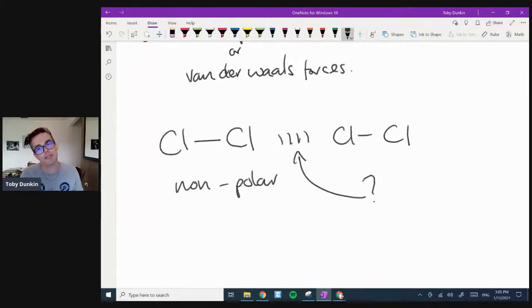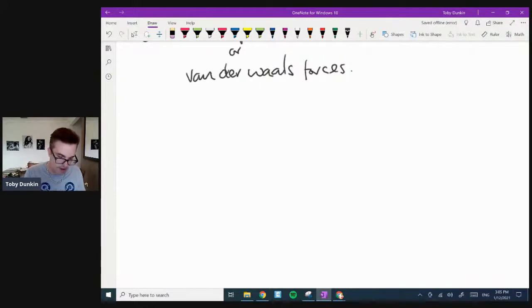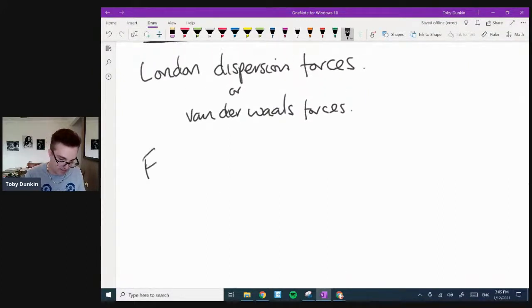Now, students at this point often ask me, how do you know there's a force between them? The reason is you can make them a liquid. If you can make something a liquid, there must be a force between the molecules that's holding them together. So we need to explain this and where this force is coming from. Okay, so van der Waals forces. First bullet point, let's do facts. Fact number 1,